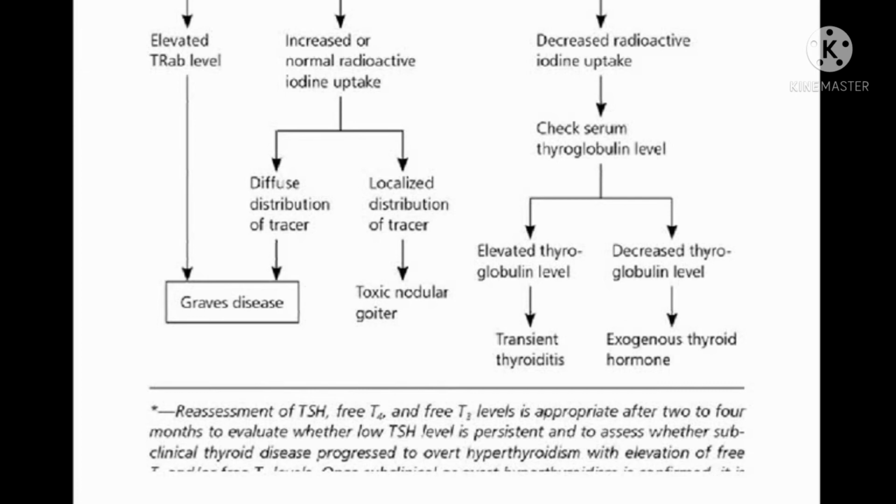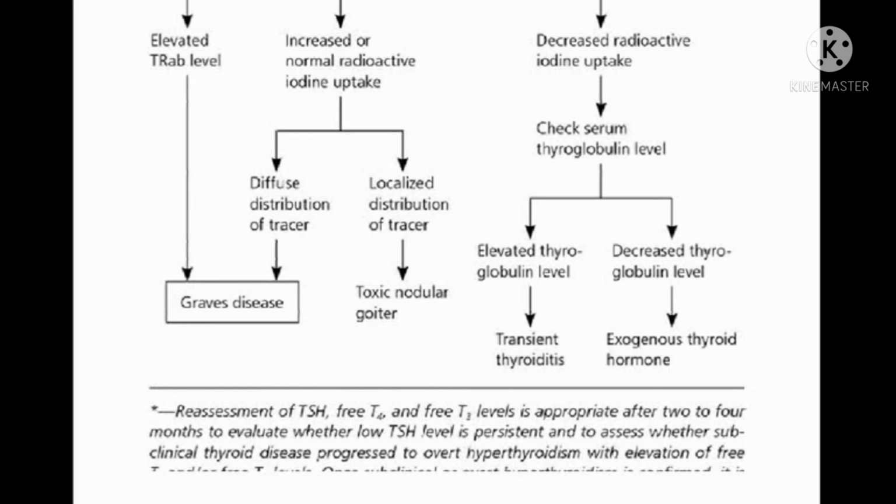If there is increased or normal radioactive iodine uptake, and if there is increased uptake, for example diffuse uptake, you have to consider Graves' as a cause. If there is localized distribution of tracer, you have to consider toxic nodular goiter as a possible cause of subclinical hyperthyroidism. But if the thyroid scan shows decreased radioactive iodine uptake, I have to send a thyroglobulin